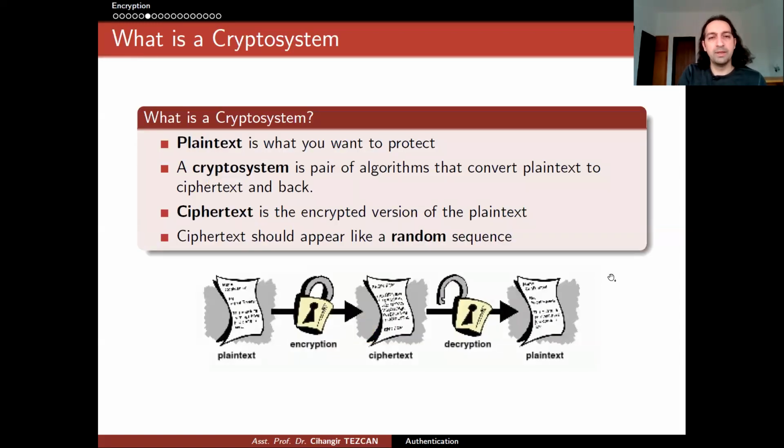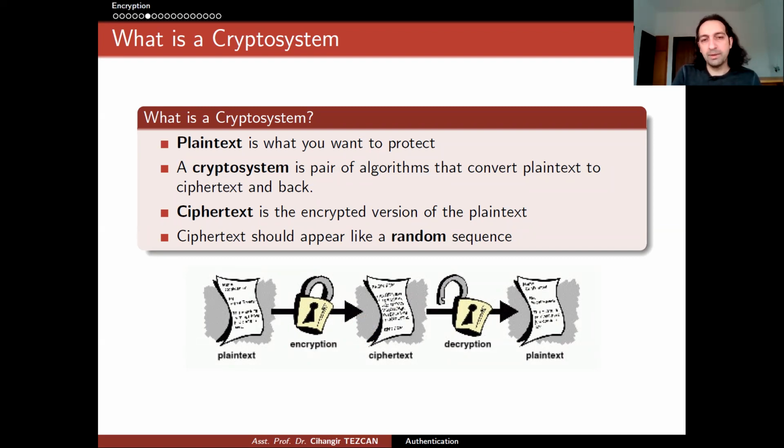So let me give you a few basic definitions to understand what we mean when we talk about a cipher or an encryption. For encryption algorithms, we call them either a cryptosystem or a cipher. We use both the words cryptosystem and cipher in the same way. This is why I mentioned that in Turkish, using the word for cipher, which is şifre, is not a good idea for the word password. Okay, so plain text is what you want to protect. It can be a file on your hard drive, your WhatsApp message, an SMS message, or currently my video and my voice. That is the plain text.